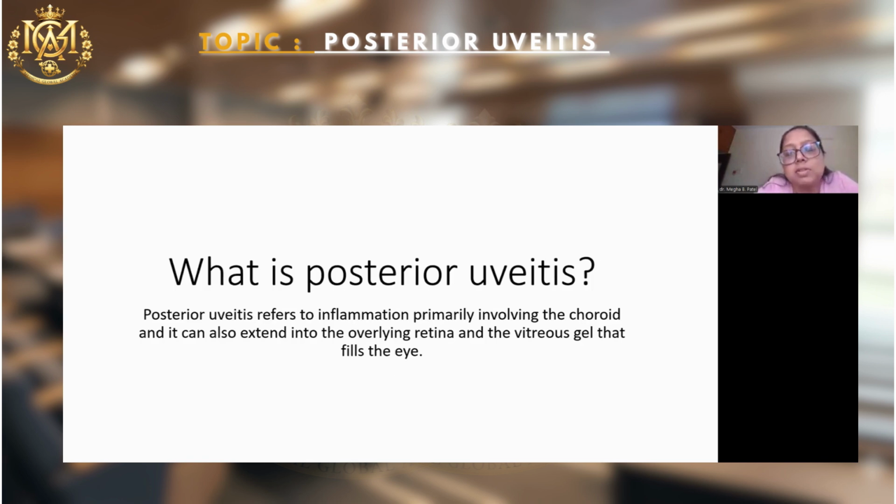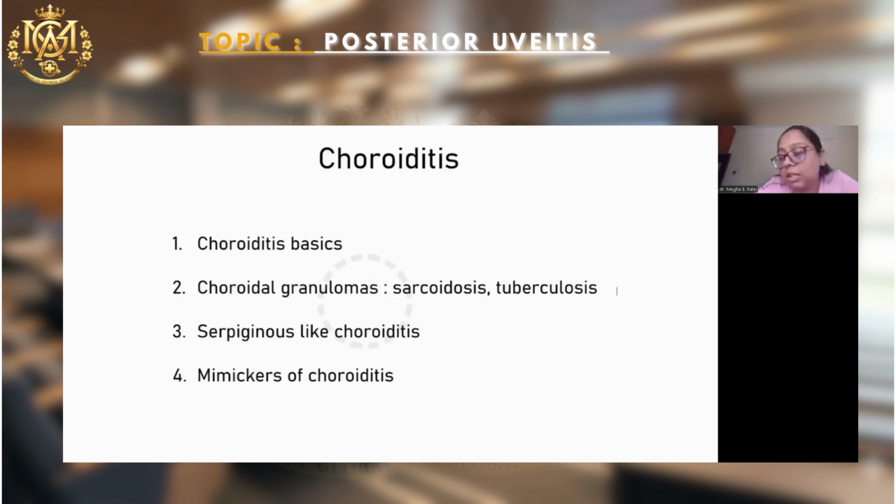Posterior uveitis is basically divided into two parts, that is choroiditis and retinitis. Today I am limiting myself to choroiditis because in itself the choroiditis is a huge topic. It would require some other class also to go ahead with retinitis. So choroiditis is further divided into choroiditis basics, choroidal granuloma, that is sarcoidosis and tuberculosis, serpiginous-like choroiditis, and Mimickers, all